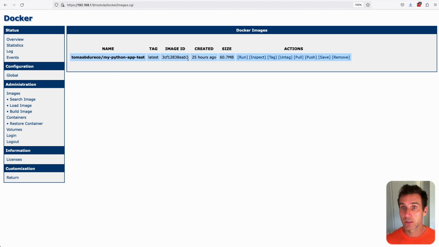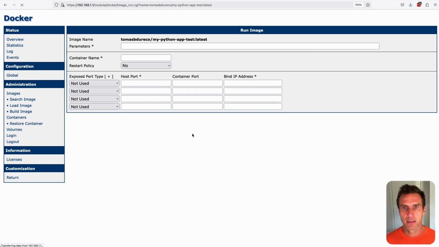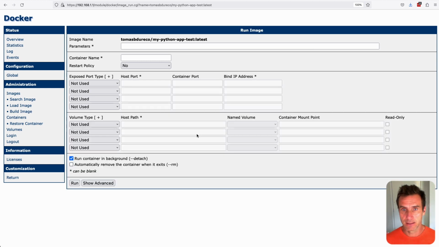So what we need to do now is hit run. And this Docker interface pretty much allows you to use all the features of the Docker command, or all parameters, or you can just paste the whole